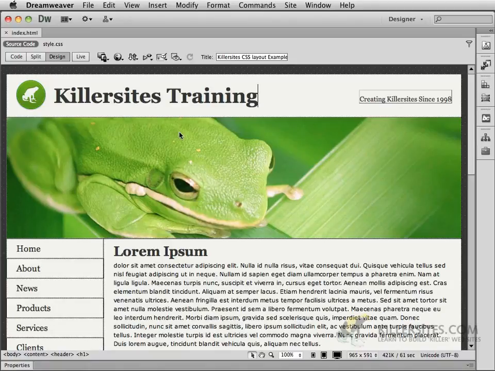To begin with, I've got a simple HTML file open from a previous Killer Sites training tutorial. And as you can see, it's displaying in what's known as the design view. The design view is what we refer to as Dreamweaver's WYSIWYG view. What you see is what you get. And when you are in the design view, it enables you to come in here and make changes. So if I wanted to, I could say Killer Sites as I write that, and it will reflect those